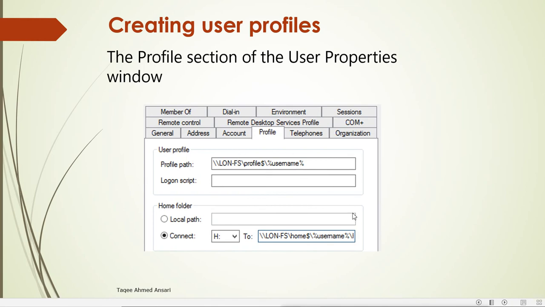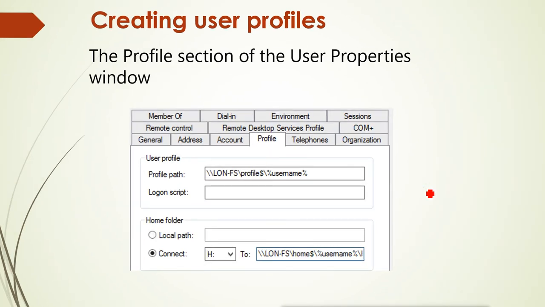Now what happens when you create the user: the user will log into the client machines. And user can log into any client machine. That means if this is PC1, the user can log into PC1, and also into PC2, PC3, PC4. Everywhere the user can log into any client machine within the domain. That means the user can use the resources of the whole domain.